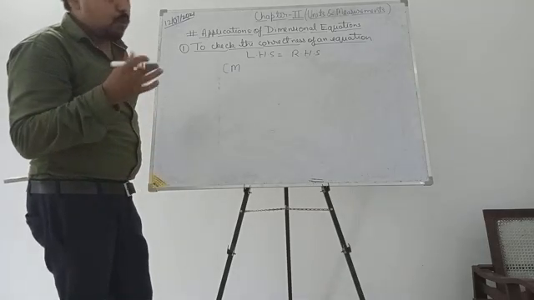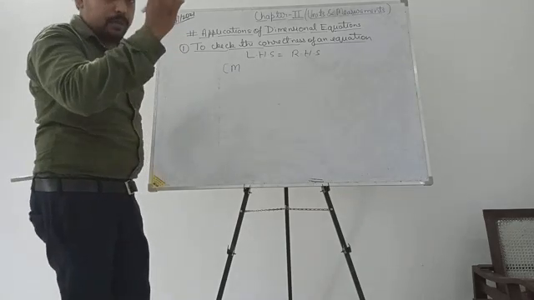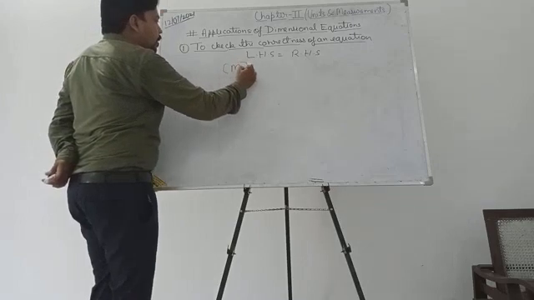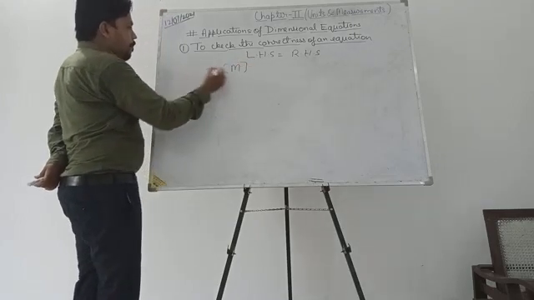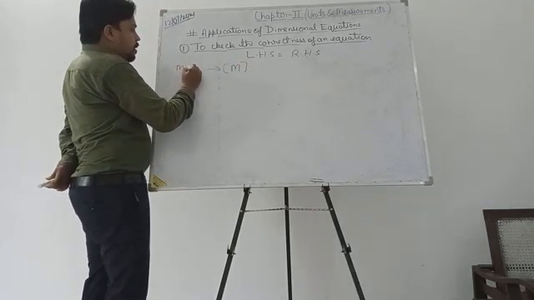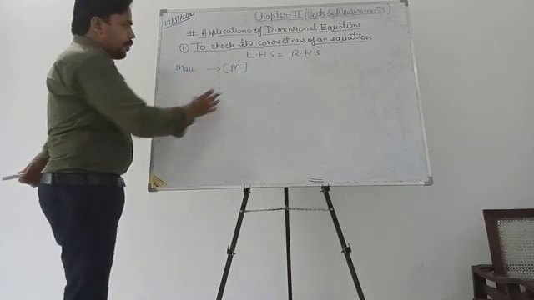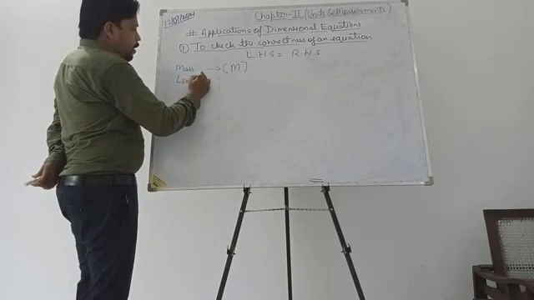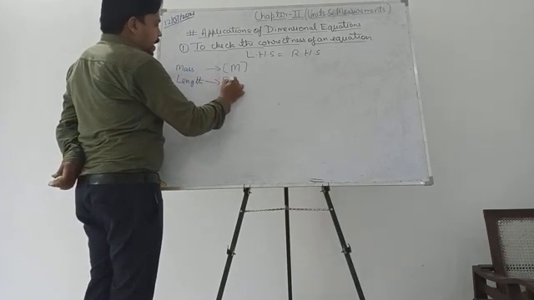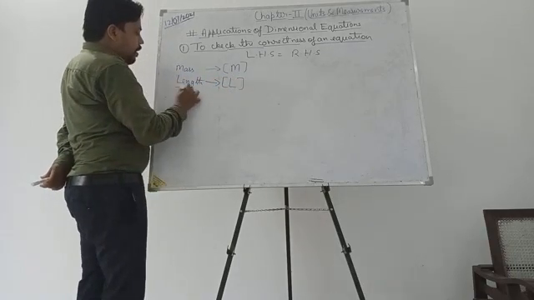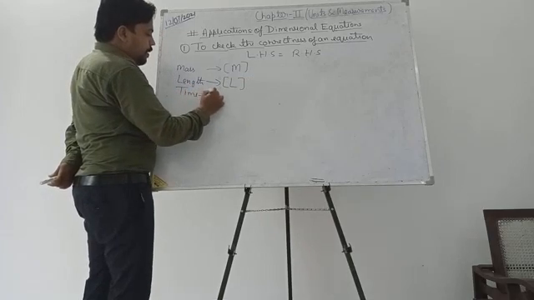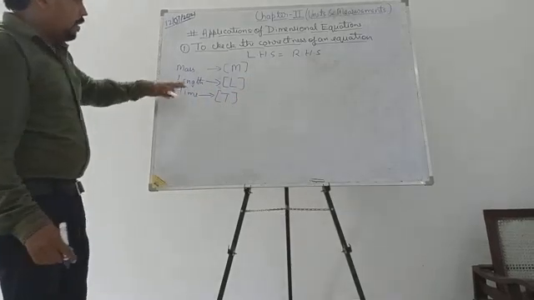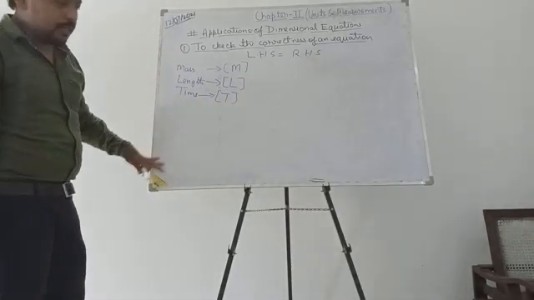Dimensions are the powers to which the fundamental units are raised. So if this is the fundamental unit of mass, I am assigning a symbol for mass. I am denoting the fundamental unit of mass by the bracketed M term, the fundamental unit of length by the bracketed L term, and similarly the fundamental unit of time by the bracketed T term, like this. All seven fundamental units I have discussed in the last lecture.